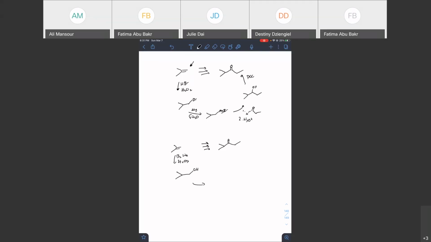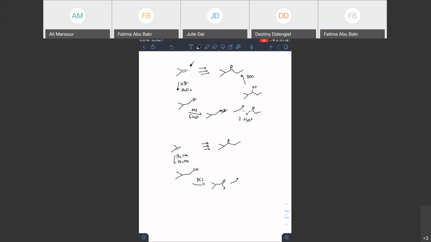How can we change that to a ketone? There's 2 options. There's PCC or Jones. I believe PCC is the correct one, right? I think it's PCC. I haven't looked at the notes though. Is it PCC? Yes, it's PCC. Okay. PCC, and then from there you can just attach that as the, or no,